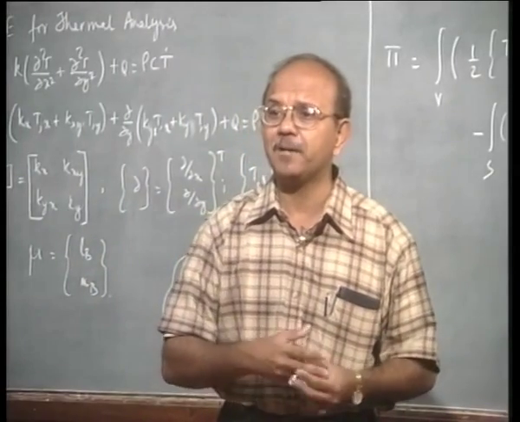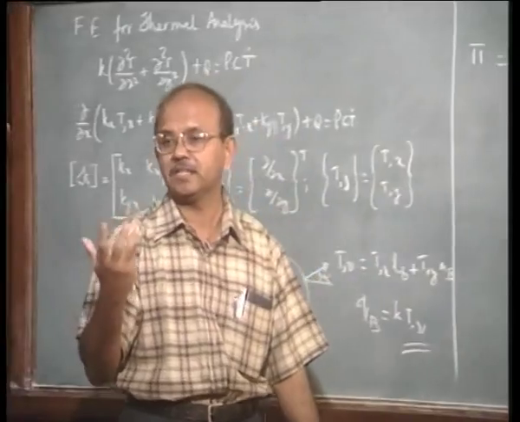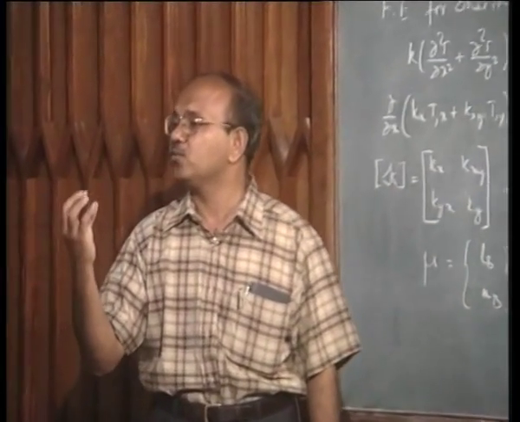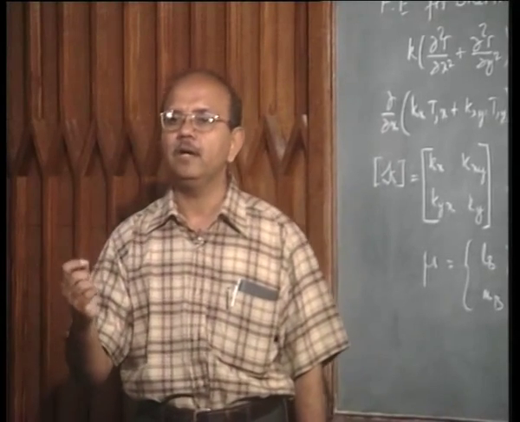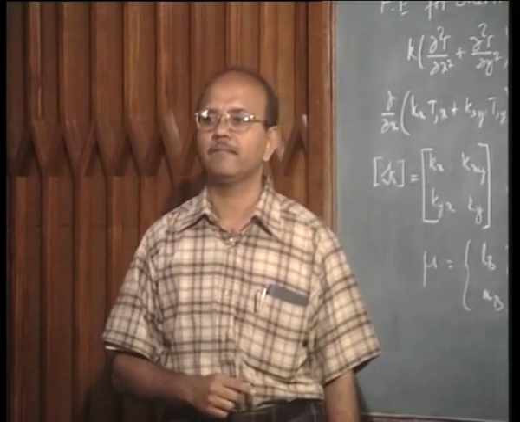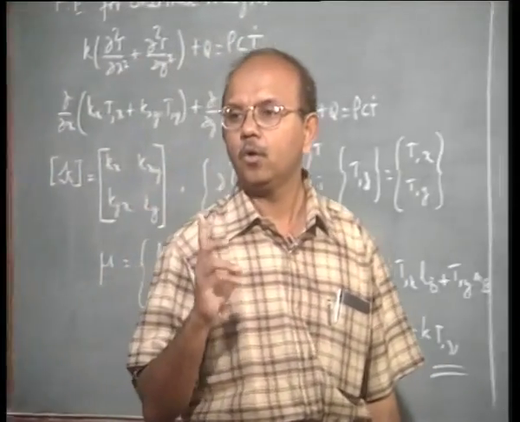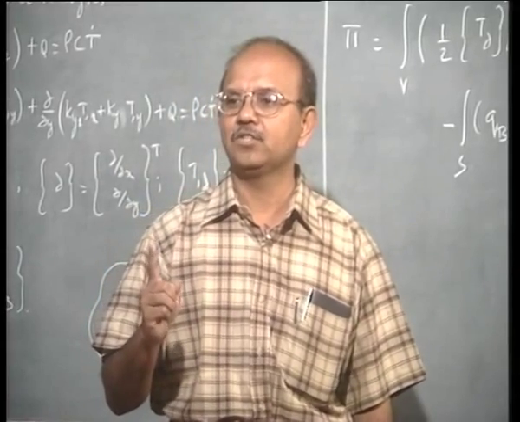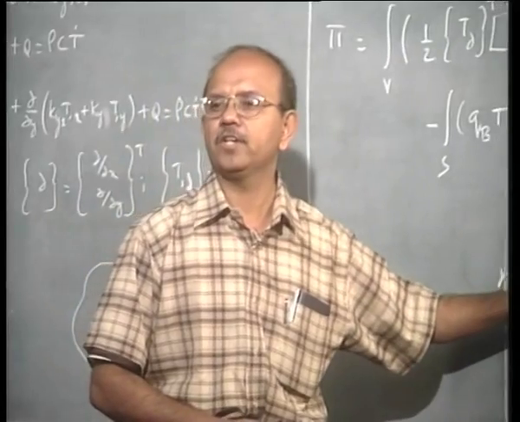So, in other words, I am not fixing the temperature. I do not get a unique solution by specifying QB alone. Is that clear? So, the temperature part becomes important. The temperature part takes in what is called the essential boundary condition.